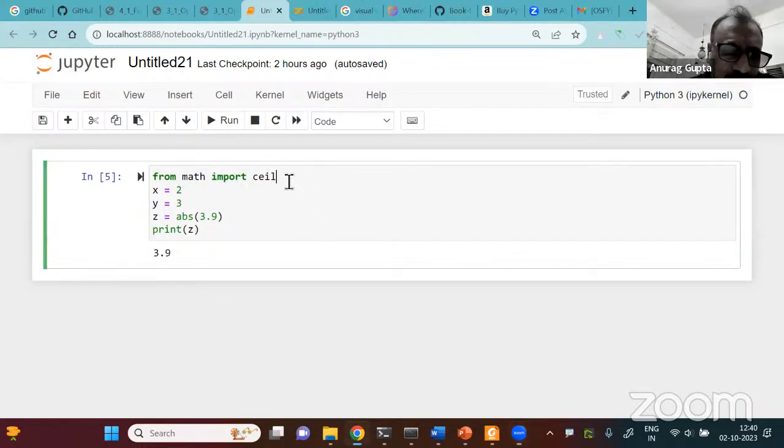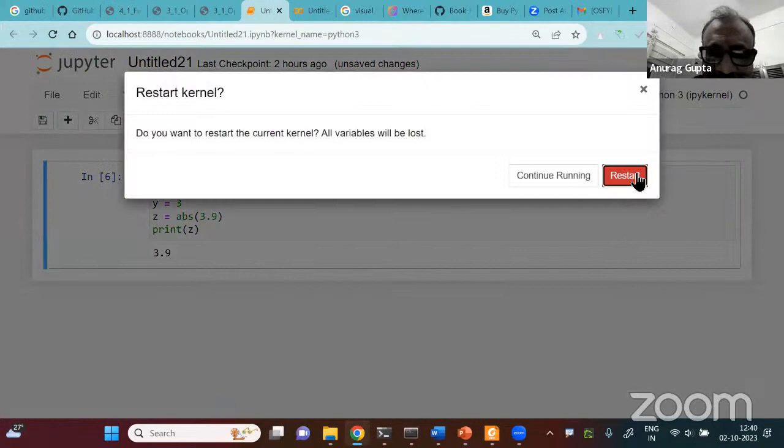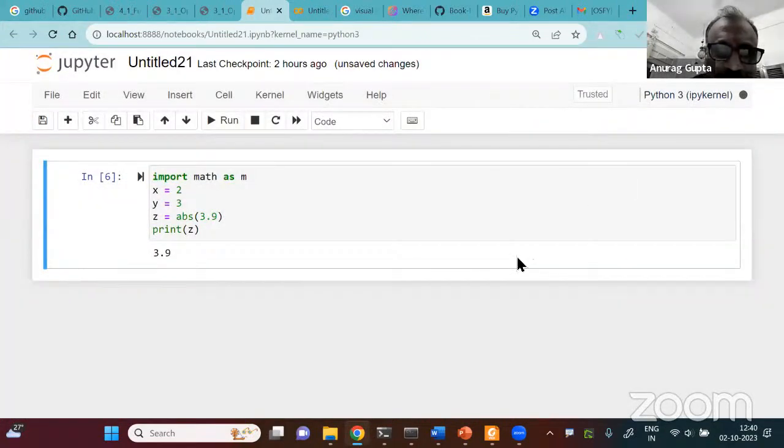In fact, there's another way. Let me show that. This is import math as M. This is another way. Now let me run it. It'll throw an error. Let me just at least restart the kernel. Let me run this now. If you do it this way, then you have to basically use m dot